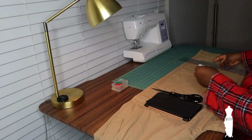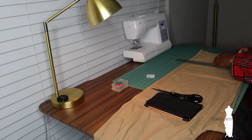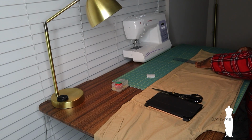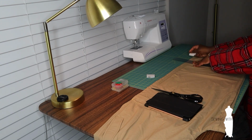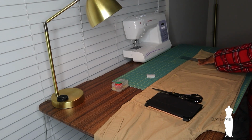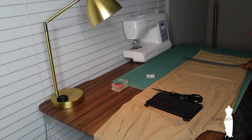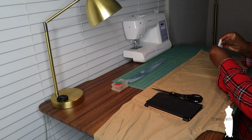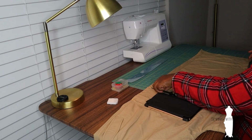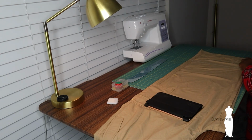All right, so what I did was pull out my green board so I can measure and make sure the line is as straight as I possibly can get it. Then I got my ruler and drew a line across the bottom of my pants, again in an effort to make sure that the pants are the exact same length, the right length, and that I don't have a slope. So that's my double, triple measure to make sure these are the right length and they're straight. And I'm going to get my scissors